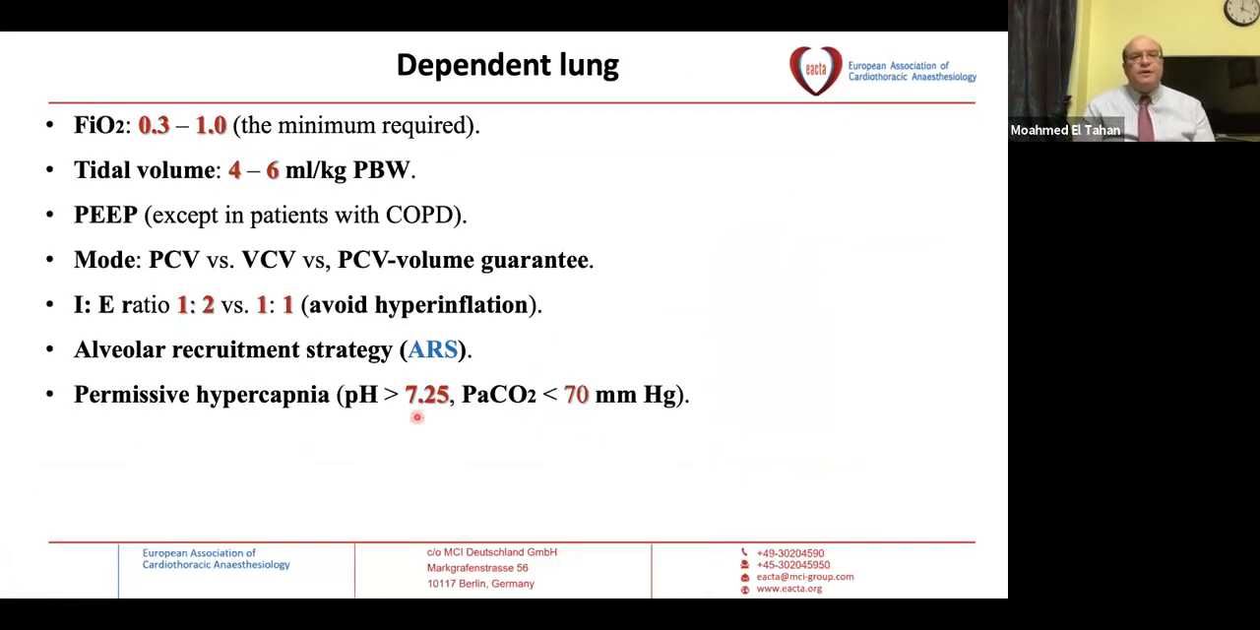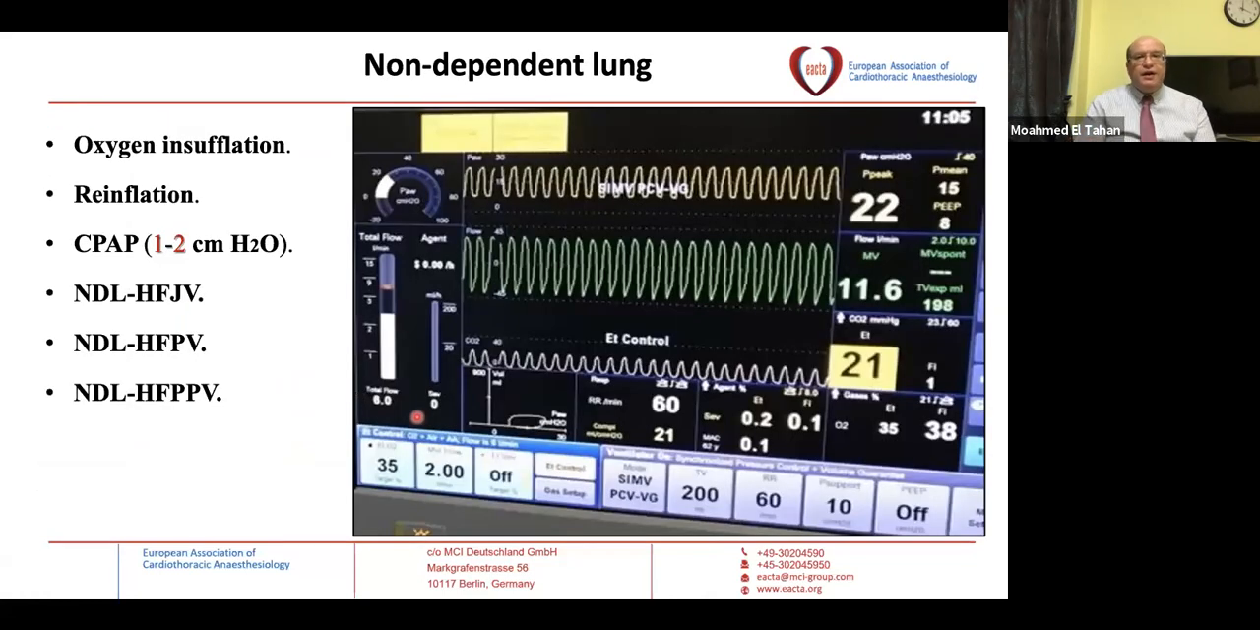Permissive hypercarbia means allowing PaCO2 to rise, but to less than 70, and pH more than 7.25 can be considered. What about the surgically deflated non-dependent lung? You can supply oxygen insufflation directly. You can do intermittent reinflation if you have hypoxemic patients, particularly in life-threatening conditions. And you can apply CPAP, low levels of 1 to 2 centimeters, or use high frequency